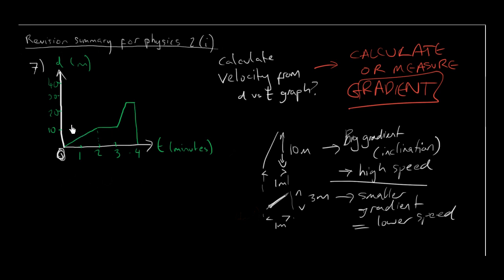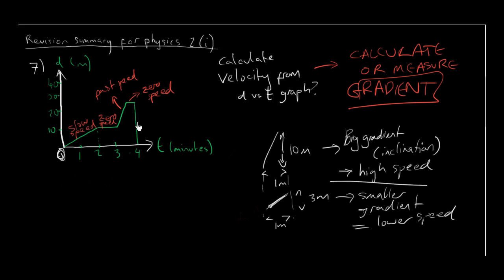So this would be a slow positive velocity, or slow speed. This would be zero inclination. There's no inclination here, it's not going up at all, it's just flat, so that would be zero speed. Here would be fast speed, because look how much it's increasing, like 20 meters or 15 meters in half a second, so that's a very fast speed. And here again that would be zero speed. And here